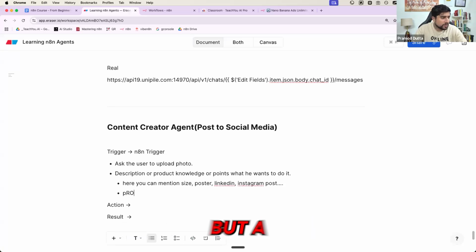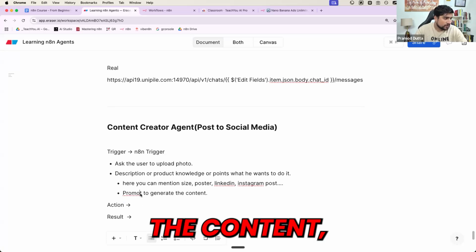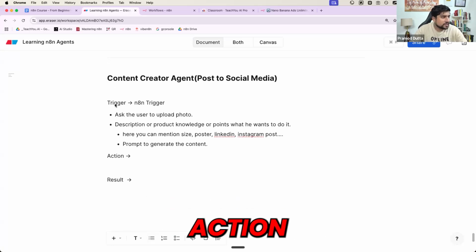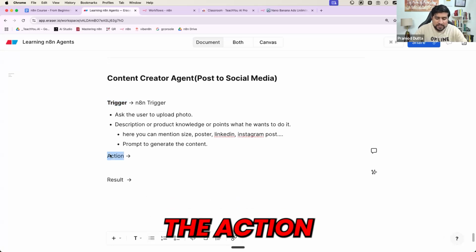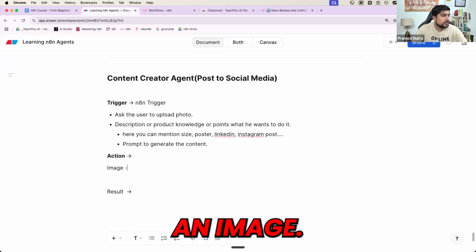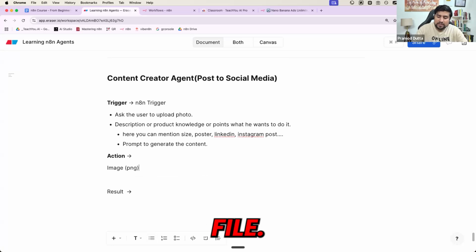So it is actually nothing but a prompt to generate the content, okay? Nothing else in this case. Now, in the action part, first of all, you will get an image. This image is a PNG file. You need to